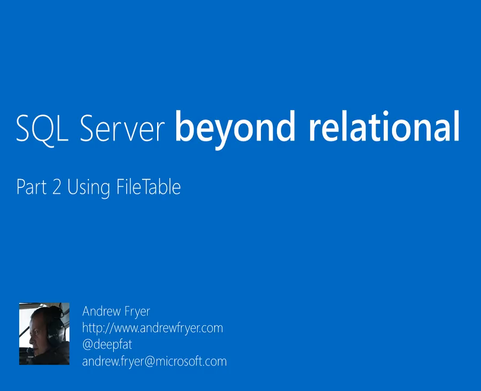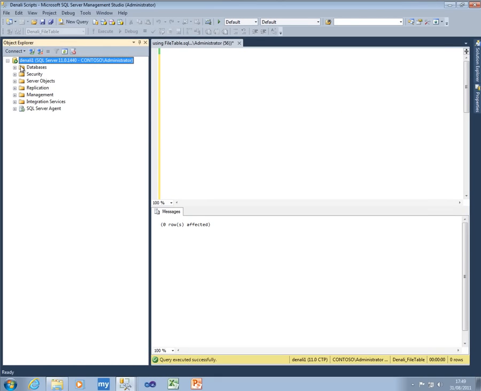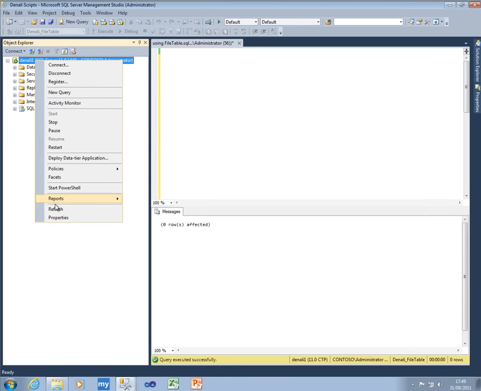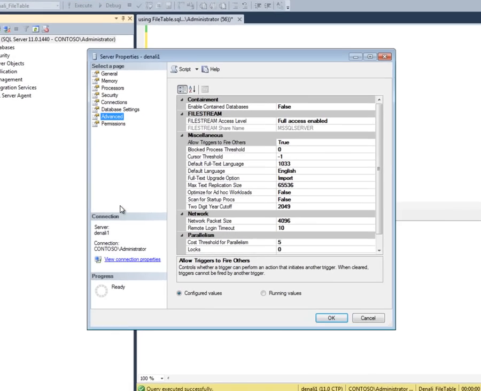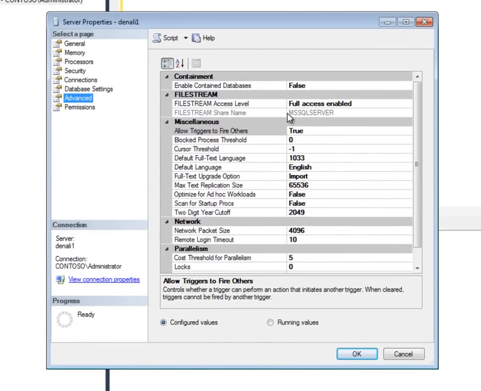Hello, I'm Andrew Fryer, and in part 2 of my series Beyond Relational in SQL Server, I want to look at using FileTable. In part 1 I set it up, and just as a quick recap, if I go into Properties here and look at Advanced, you can see there is a file stream file share name,